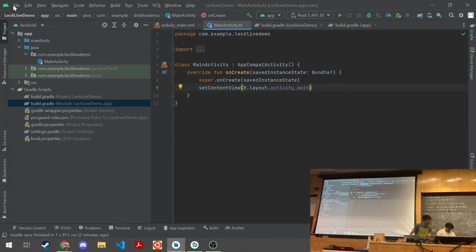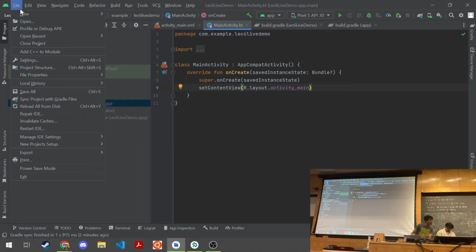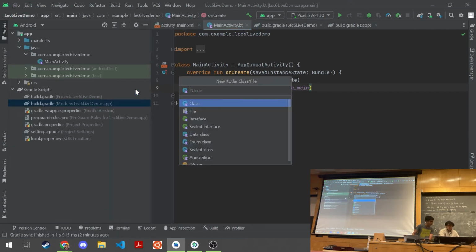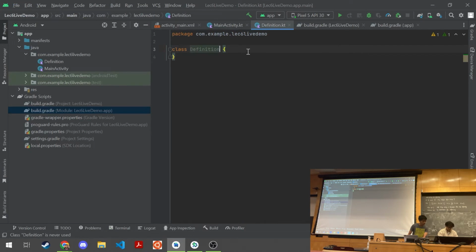Let's go to file. This is breaking my neck over here trying to look on the screen. There we go. Kotlin class, and we'll call this Definition. We'll just change this to a data class. Data classes, again, can't have really much of a body. They can only have instance variables. And you write this like so. And now you just define the variables here.